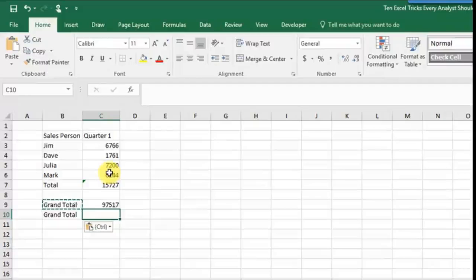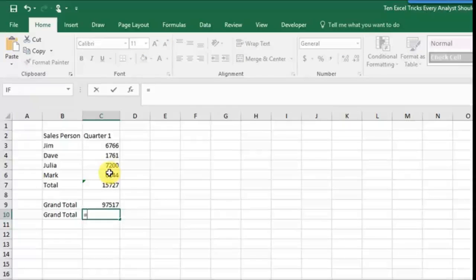But another way to do this, and a quicker way if you have a lot of sheets, is to use a 3D sum. So what that means is you're summing a range, and that's your 2 dimensions, and then across multiple sheets, so that's your 3rd dimension. So to do that, just type out your regular sum,